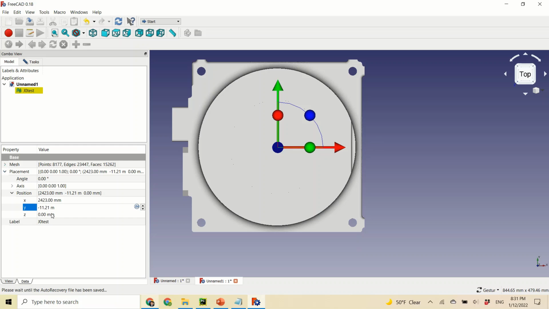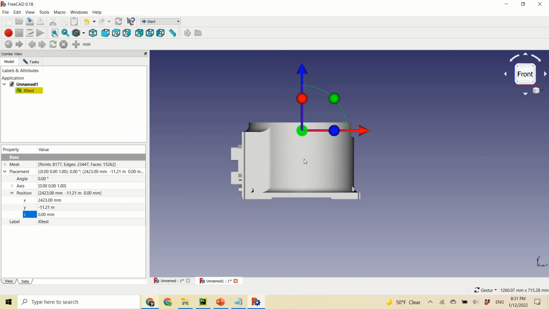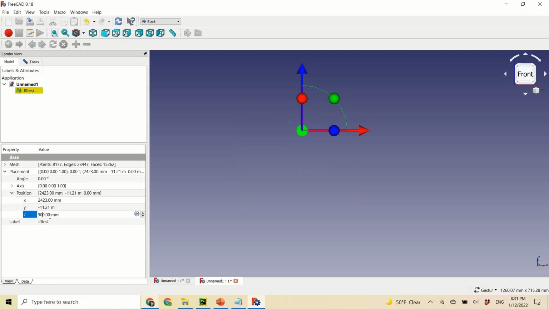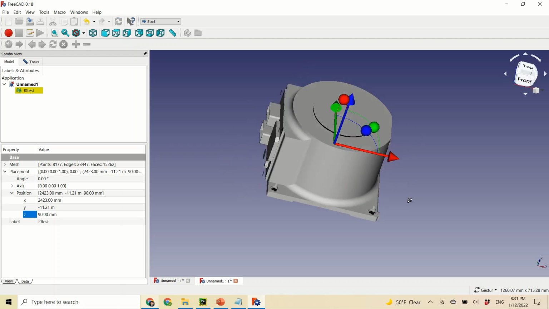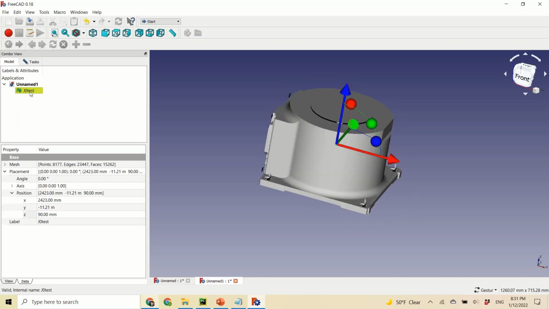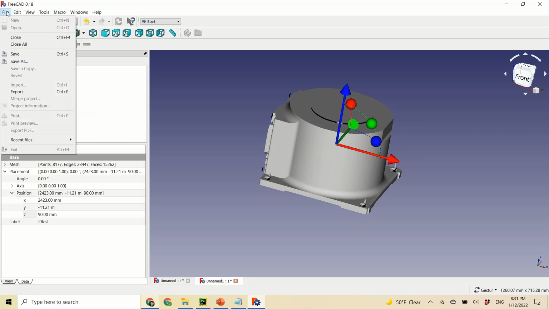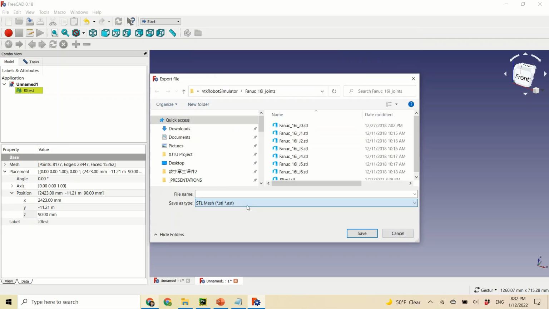And in the Z direction, front, I want to move to here, which is Z. I need to move the model to Z plus direction, which should be about 90. Okay, now we are good, and select the model again and export as